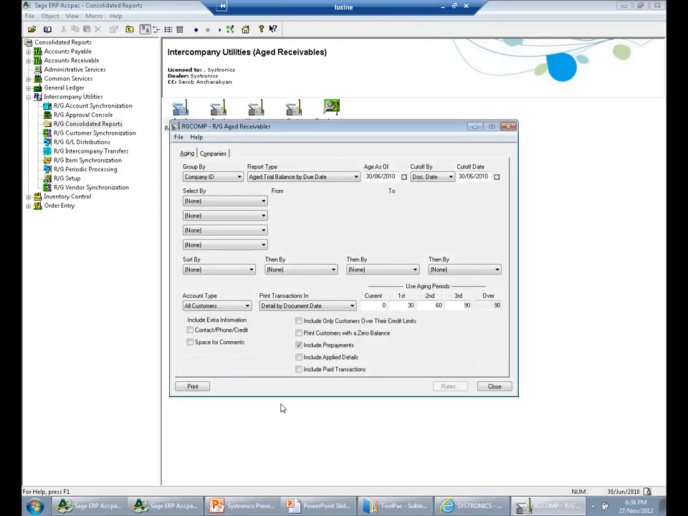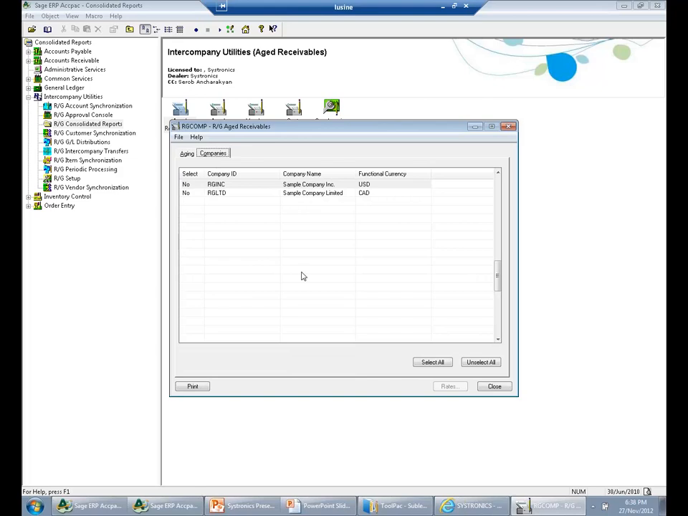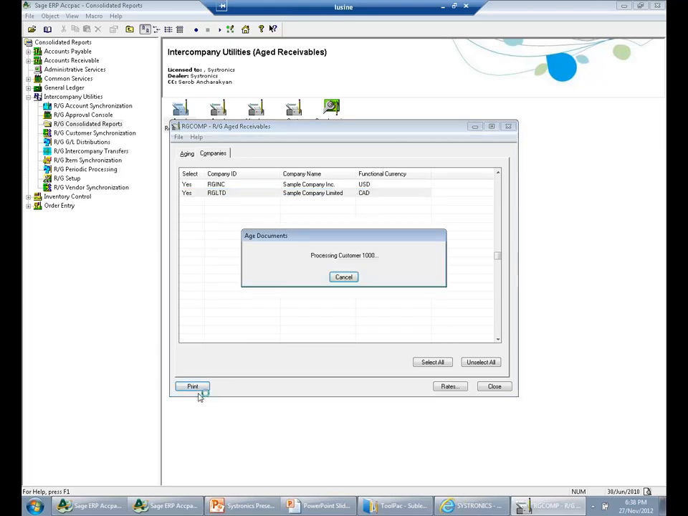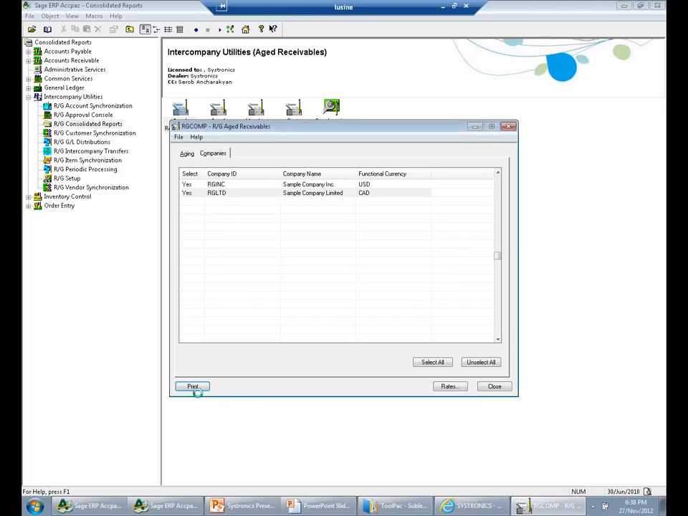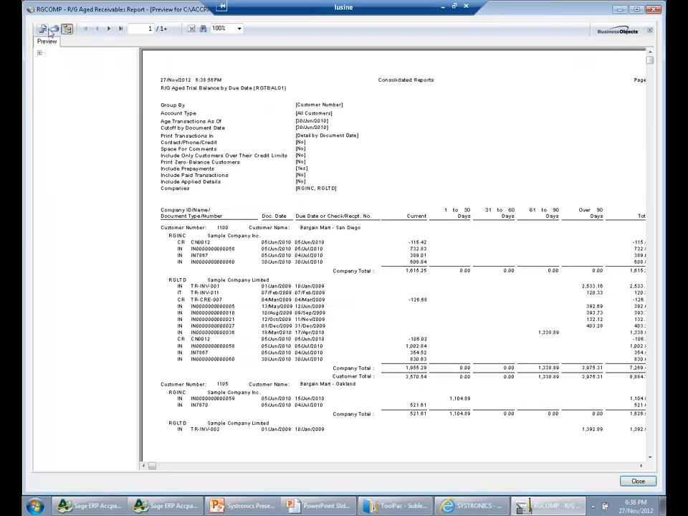The basis behind this report is very similar to the standard aged receivables report, not identical but very similar, but it allows you to do something like this. I can select here to group by customer number, and I can say that I want to see the report for my multiple companies, in this case for RG Incorporated and RG Limited. Now, when I print this report, it is actually going to group for me the transactions of customers in multiple companies in one set. See here,